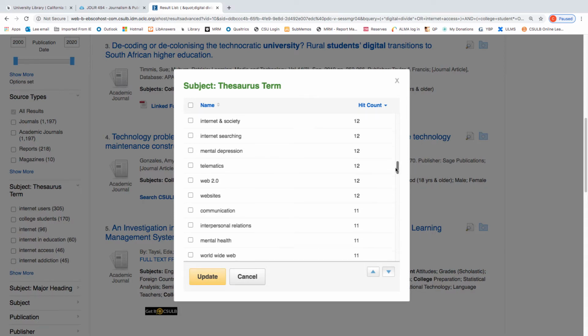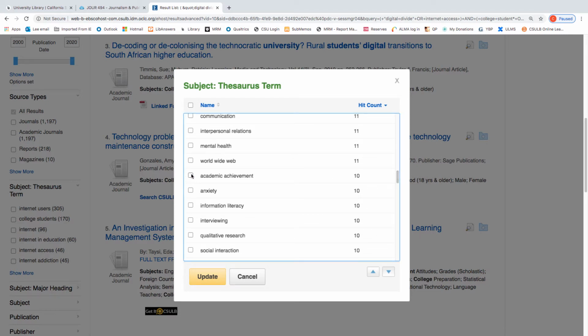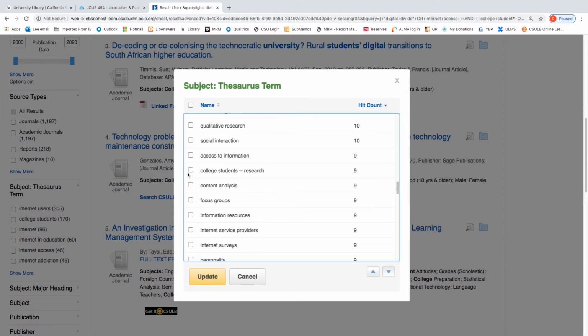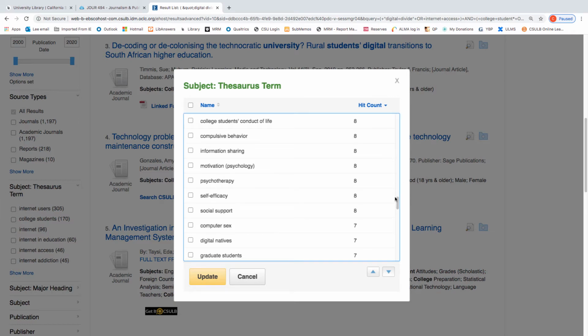And I'm looking here to see if there's anything about the digital divide, and I'm not seeing that. Academic achievement, access to information, and we could pick whatever else we wanted. So let's update this search now.